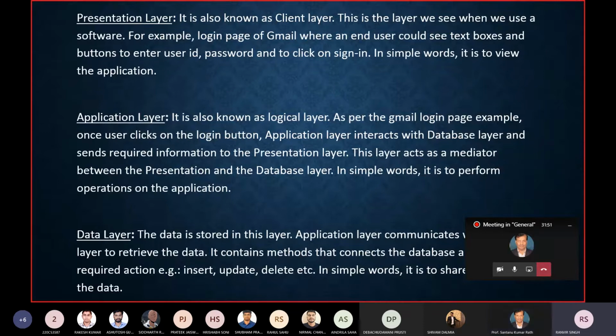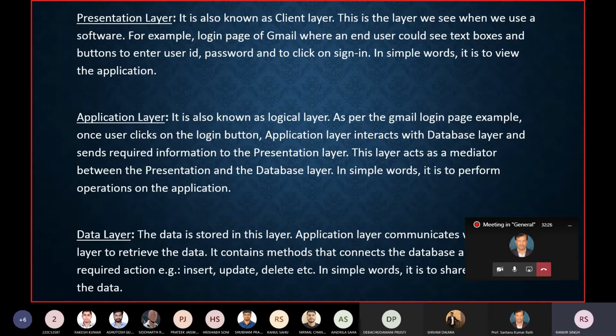And the third is the data layer. The data is stored in this layer. Whether that user is authentic or not, whether he has logged in, or if he is a new user who wants to sign up, he has to put his data in that data layer. That means he has to make his Gmail account, and all his information will be stored in that data layer. Basically it contains methods that access the database.